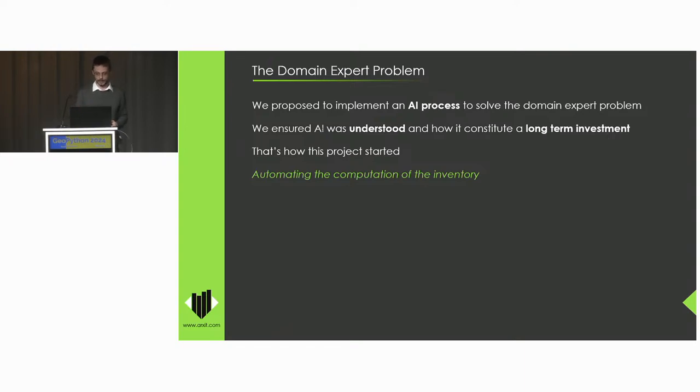Something that was important as a commercial collaboration is to make sure that the client understood what AI was about. Maybe you already saw that in your different domains, that sometimes people think that AI is kind of magic, that you can snap your finger and AI will solve everything. But it's important to explain to a client what AI is about, what the AI process is, what the limitations of AI are, and what the cost of using AI is.